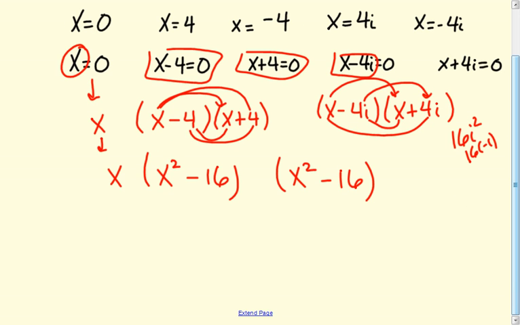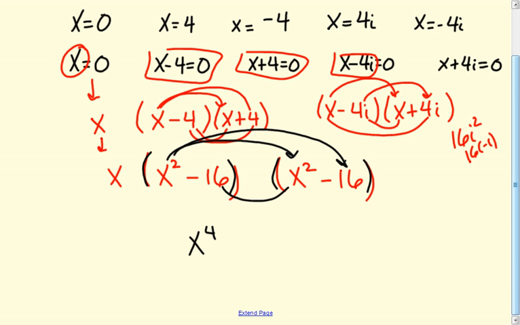Okay, we're getting closer. Now I am going to, and you can do this in any order that you want, but you need to distribute somehow. So I am going to take this one now and this one, and I'm going to distribute. Okay, so here we go. I have x squared times x squared becomes x to the 4th. Here I have negative 16x squared, and here I also have negative 16x squared. And when I combine that,